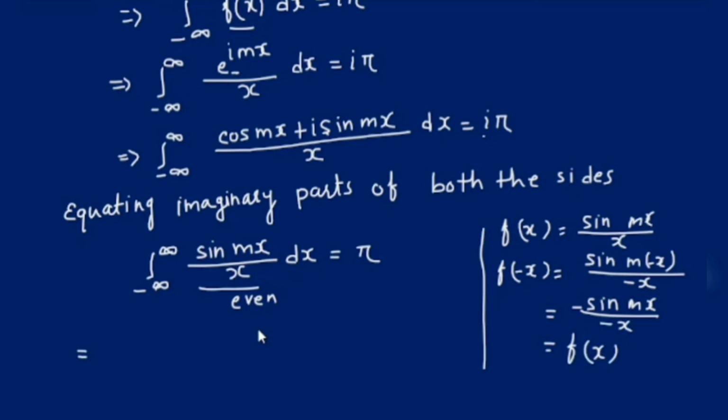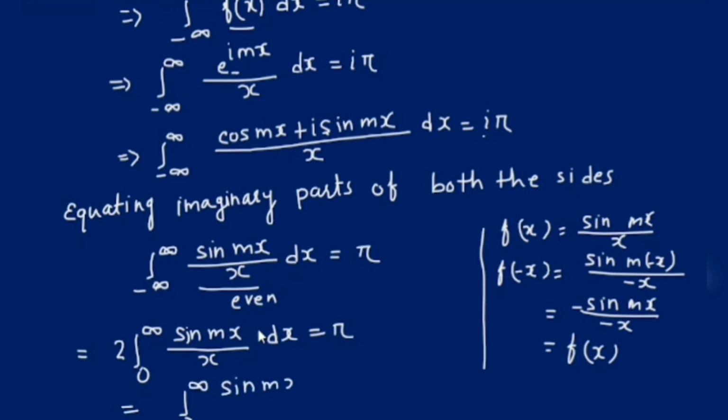So we can write here twice the integral from 0 to infinity of sin mx divided by x dx is equal to pi, right? That means the integral from 0 to infinity of sin mx divided by x dx is equal to pi by 2, which is our